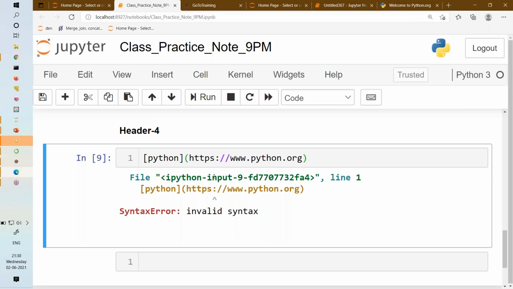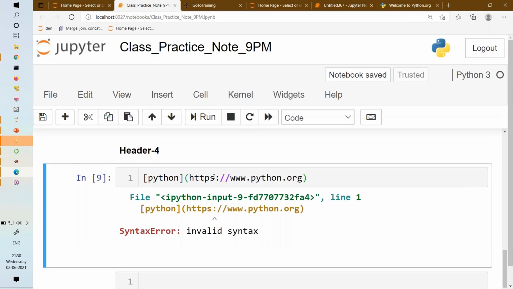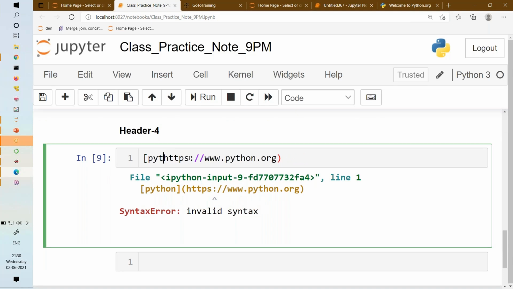I think you can always use href, but what is the shortcut? I think I forgot. If you are a little bit confused with these kinds of shortcuts, you can always write the markdown. So what you need to write is a, and then href equals whatever your link is. So let's say this is my link, and after that you have to end this. Then this is some text, whatever text you want to write. Let's say click here, or whatever you want to write. And then you have to close this, again you have to close this.